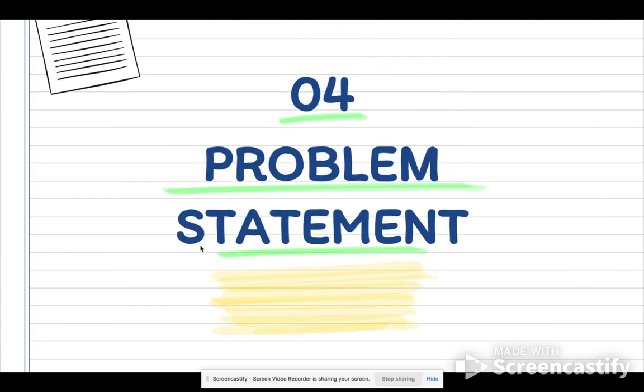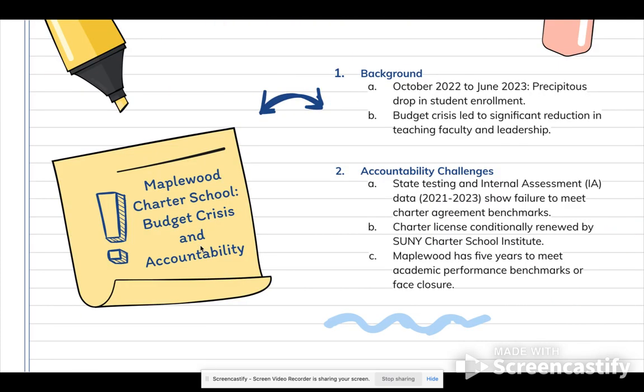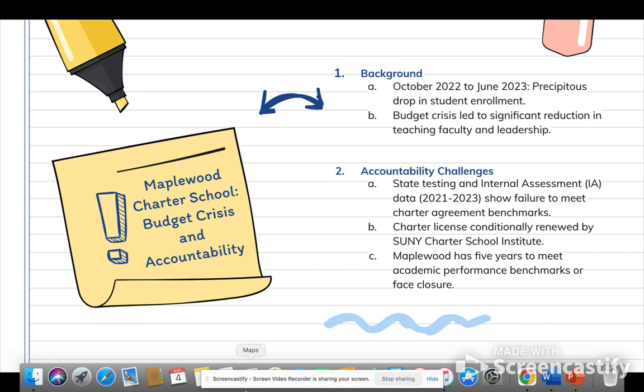Now, the problem statement, what precipitated this research? So, my charter network is currently undergoing a budget crisis due to a precipitous drop in student enrollment. Because the number of students enrolled dropped, it led to a decrease in budget where we had to significantly reduce our teaching faculty and our leadership.